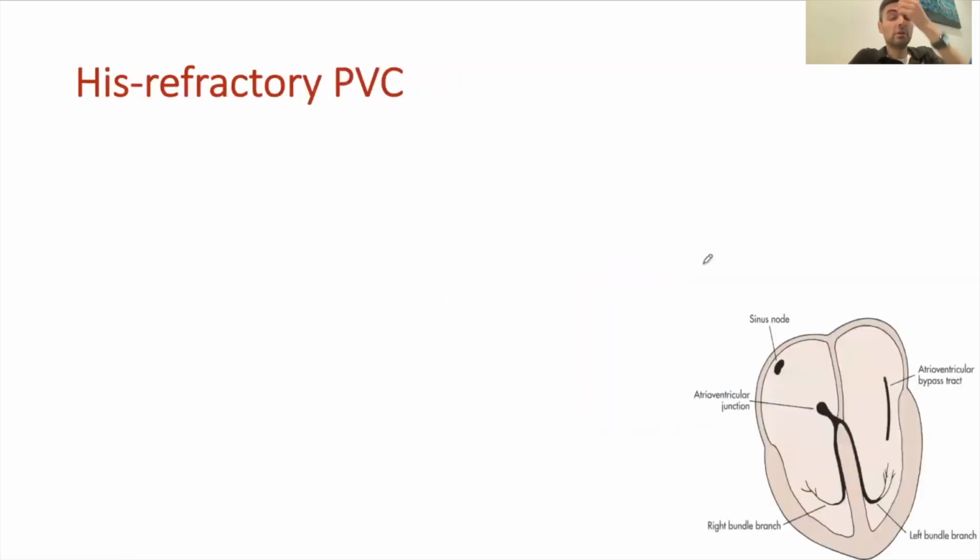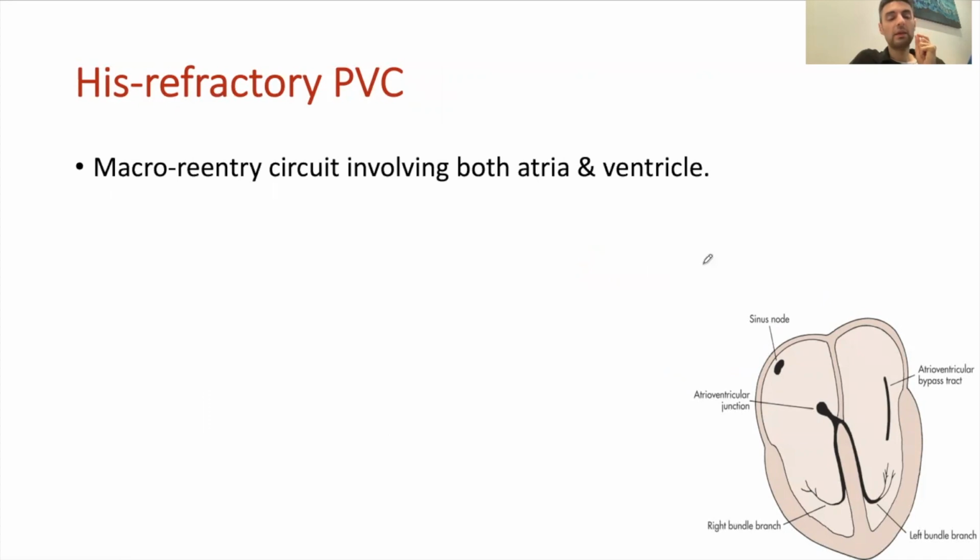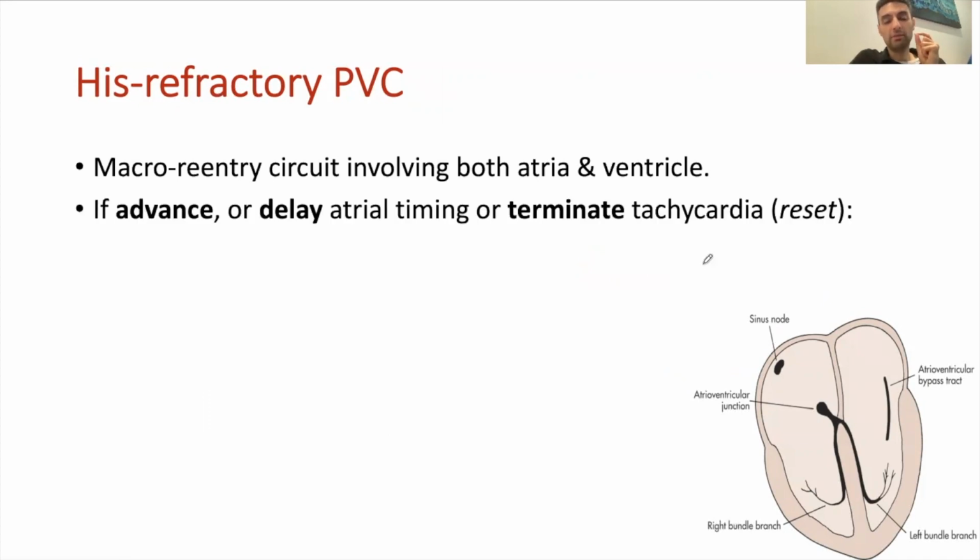So another way of studying a specific SVT circuit, more specifically an AVRT circuit, is delivering a ventricular stimulus at the time when the His is refractory, i.e. a His-refractory PVC. And if you deliver such a stimulus and you note an advancement or delay, so any change in atrial timing, or if you actually terminate the tachycardia, but you want to make sure this is repeated, so that it's not coincidental, this is, i.e. you reset the tachycardia, and that proves presence of an accessory pathway, because again, if the His is already depolarized and you deliver